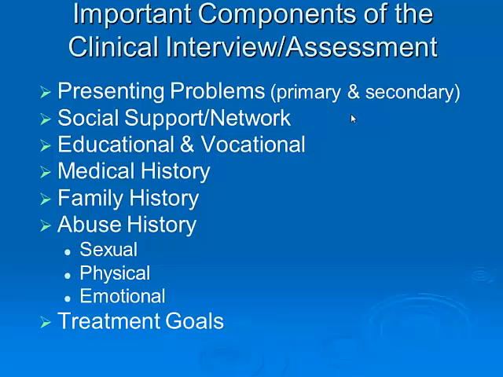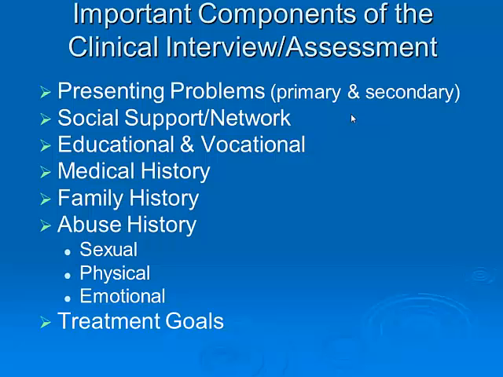Another area of importance is education and vocational kinds of issues. With educational issues, we know that some of the problems that people exist may be related to the extent to which they have a high school education, skills, training, as well as higher degrees of higher learning. It not only impacts their ability to obtain employment, it also has a lot to do with self-esteem, self-worth, position in life, the ways in which they see the world.